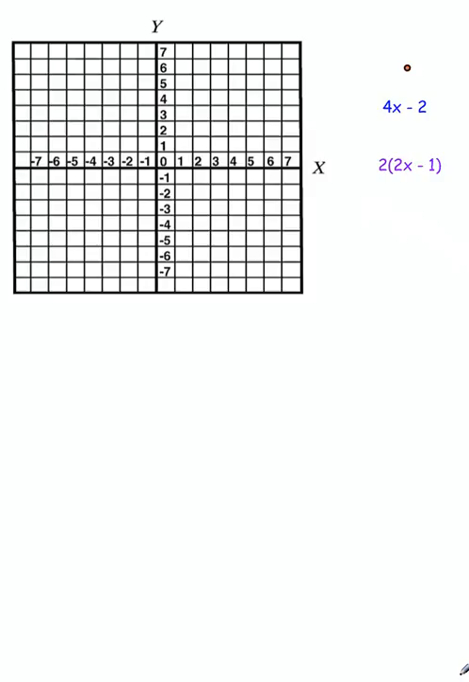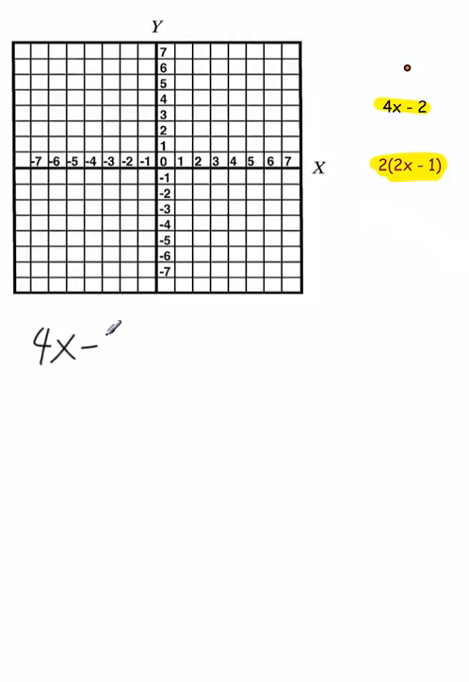We are going to look today at what the graph of two equations that have an infinite number of solutions looks like. So we're going to graph 4x minus 2, and we're also going to graph 2 times the quantity 2x minus 1. So why don't we start with